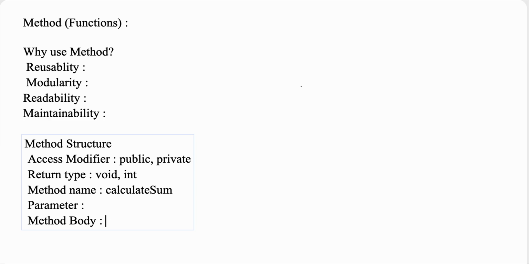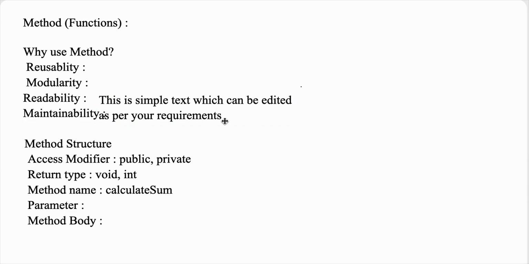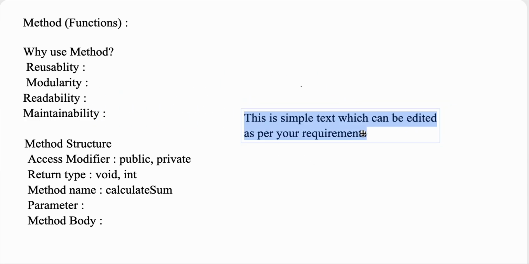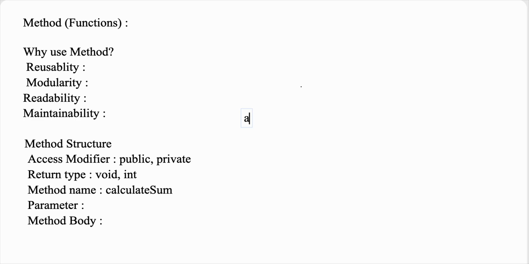Okay, these are the 5 things regarding the method structure. I will write the syntax for a method. You have already written this, but I will write it again. First one, access modifier, and second thing, it's a return type,